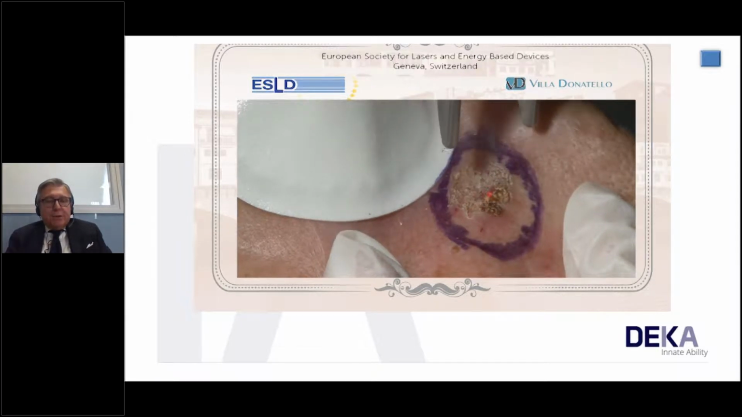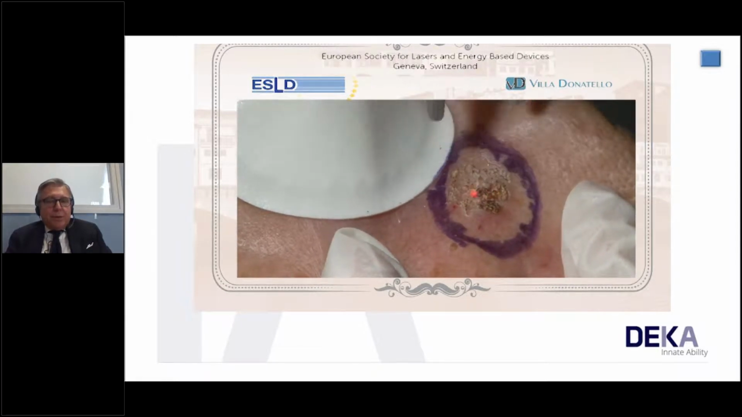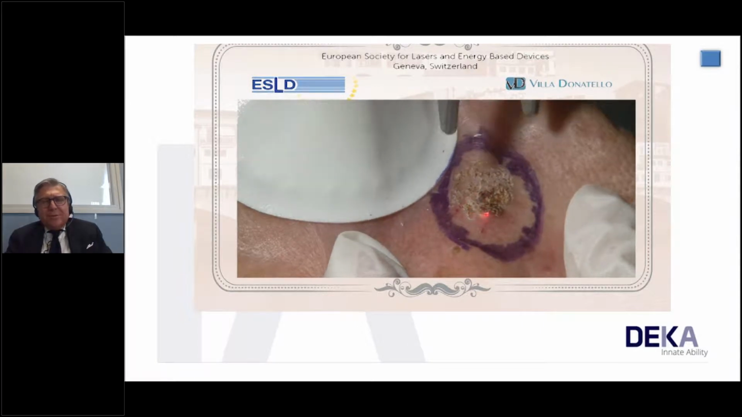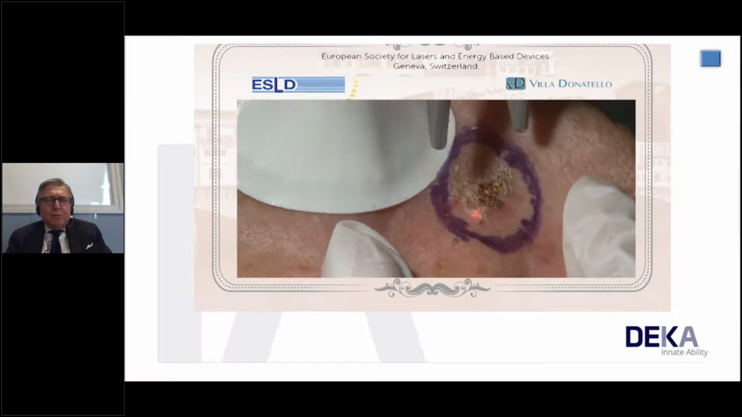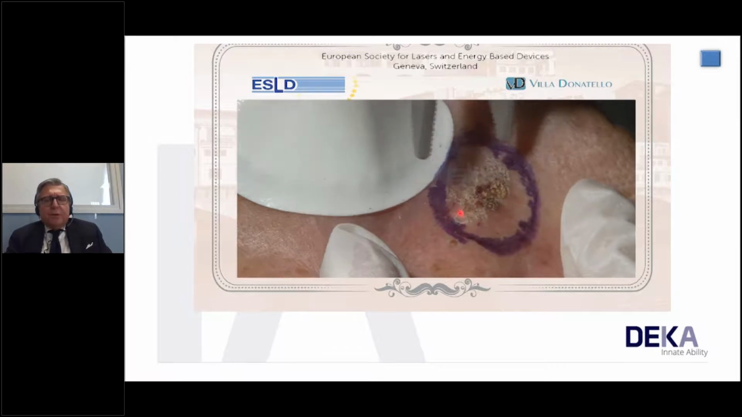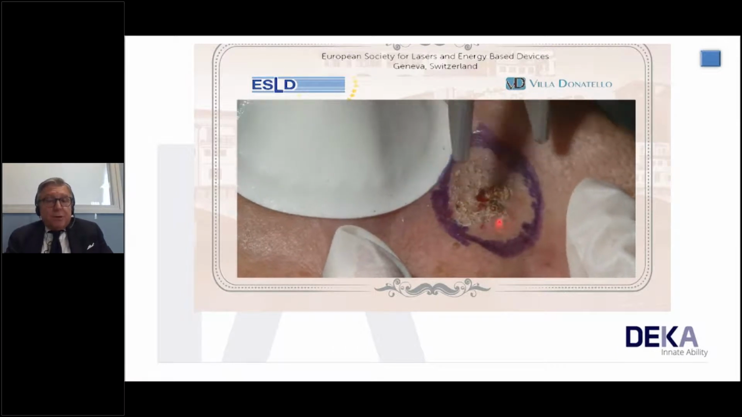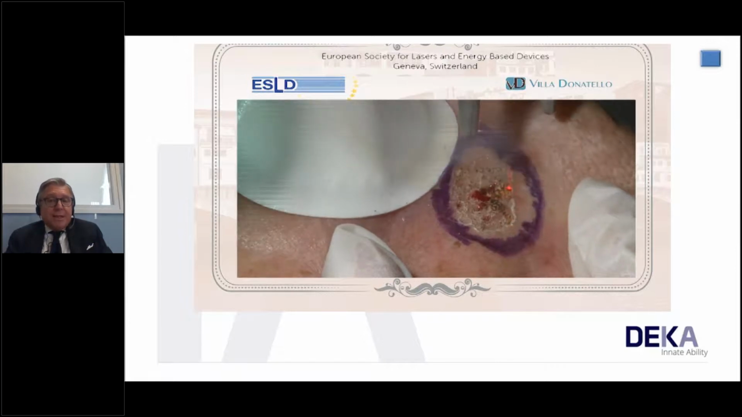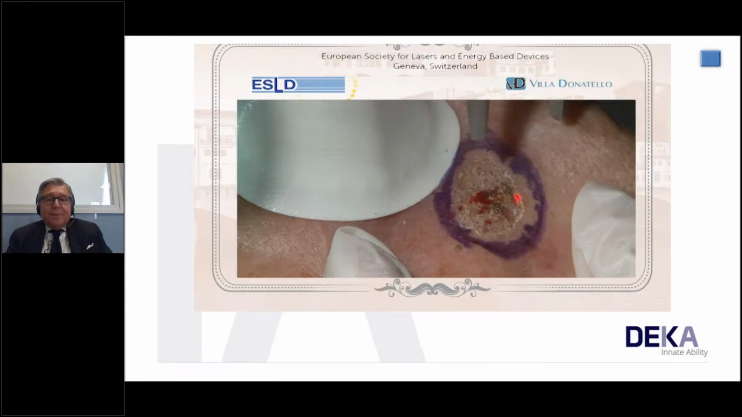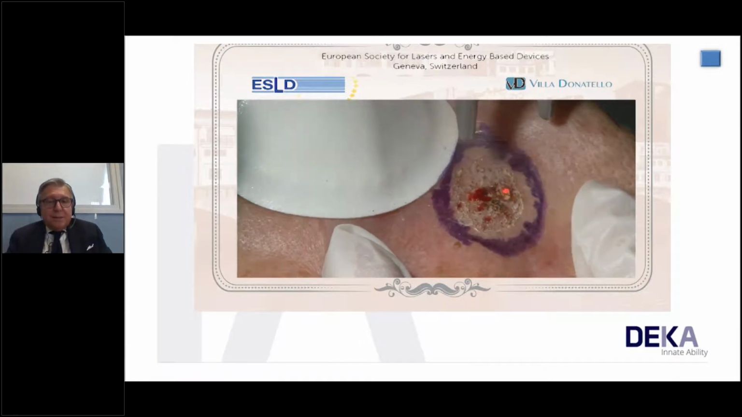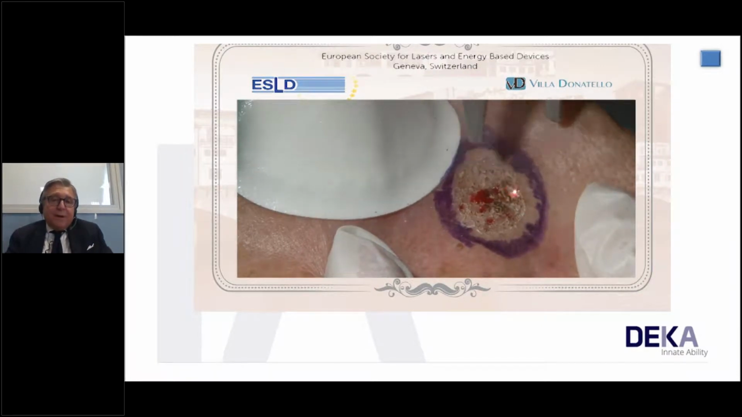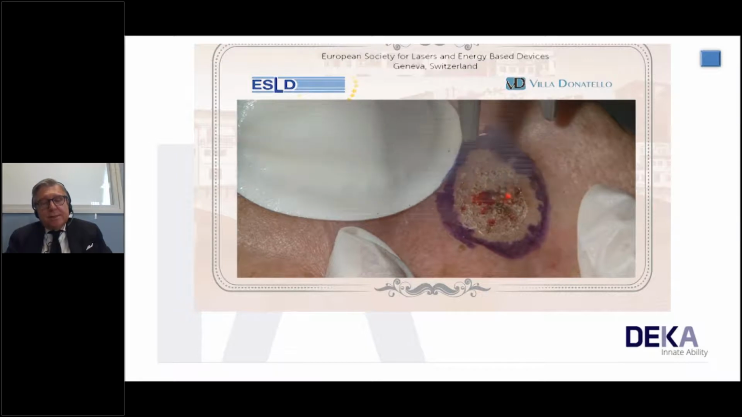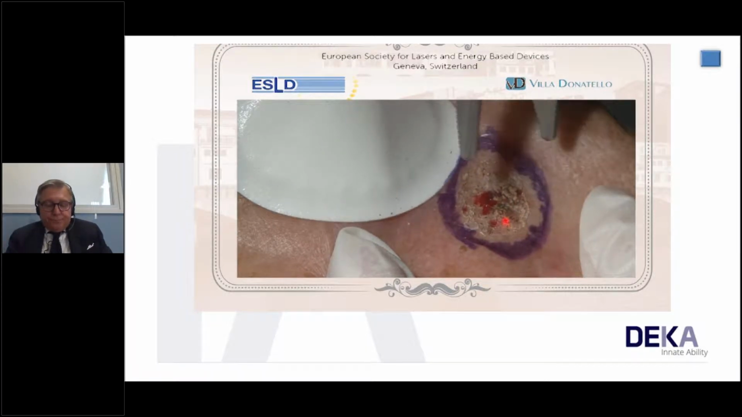We vaporize the lesion until we get the endpoint. This is valid especially for young people, around 50 or 60 years old, because they don't want to have any disfiguring scar at the end of the treatment. So we can get a double goal. The first is to be very effective. The second is to be